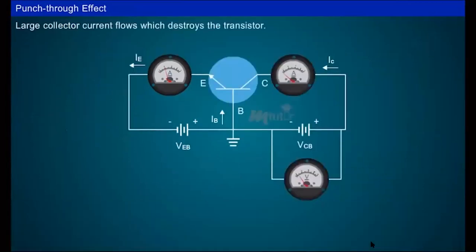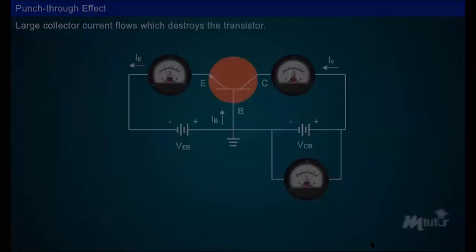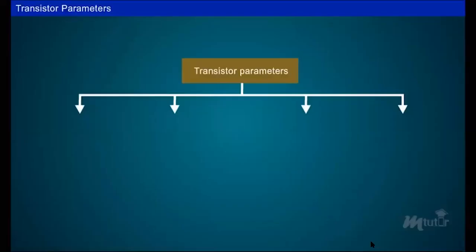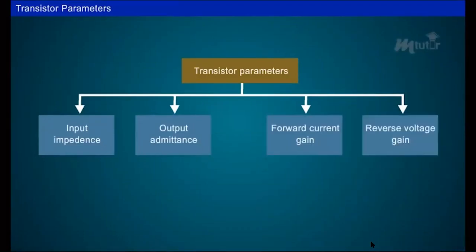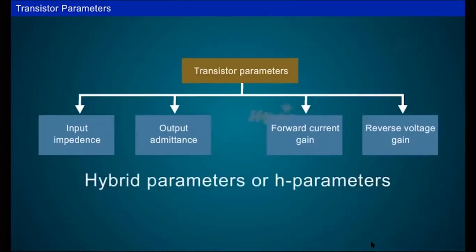When this situation occurs, breakdown occurs. That is, large collector current flows, which destroys the transistor. The slope of the CB characteristics gives the four transistor parameters, namely input impedance, output admittance, forward current gain, and